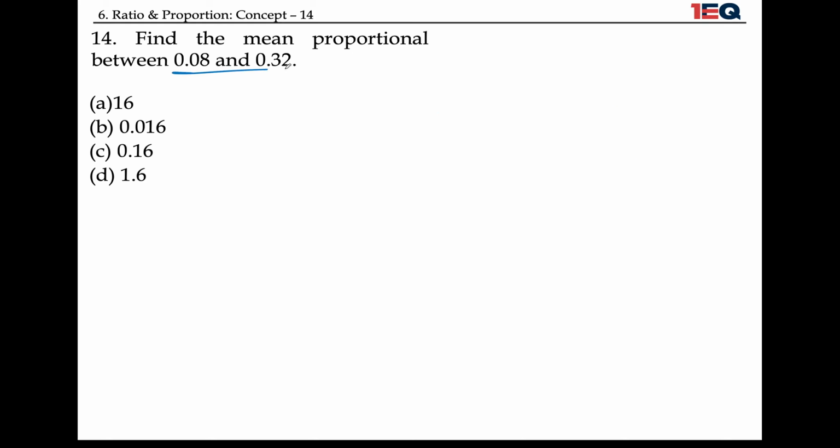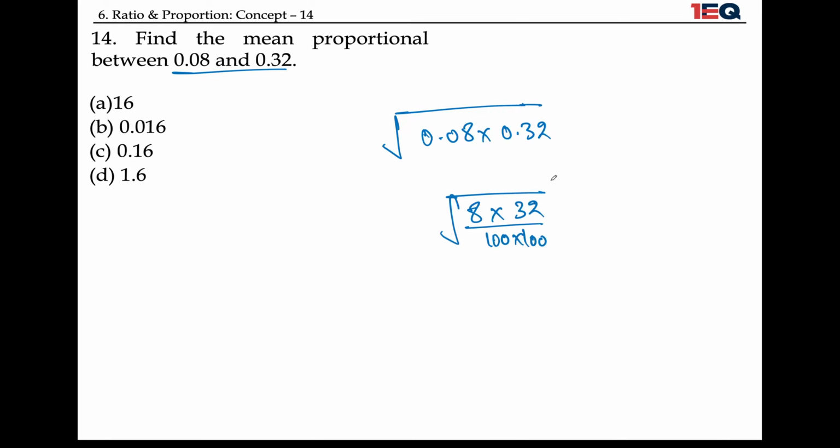What is the mean proportion between this and this? So I'll quickly take a root. I would take 0.08 here multiplied by 0.32 here. When I have 0.08 and 0.32, I'll quickly remove the decimals and put 100 multiplied by 100 over here, and I would put the root on the entire expression. If there are two hundreds in the base, that means one of them can go out, and 1 upon 100